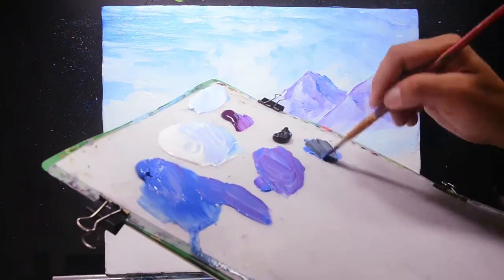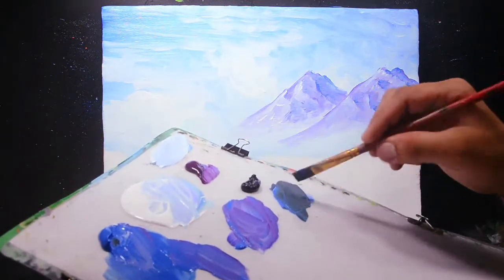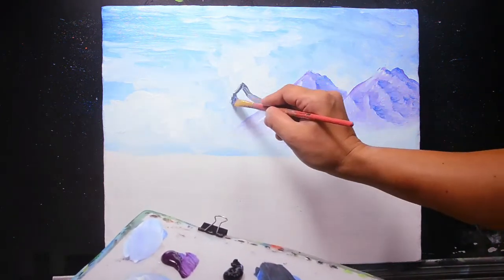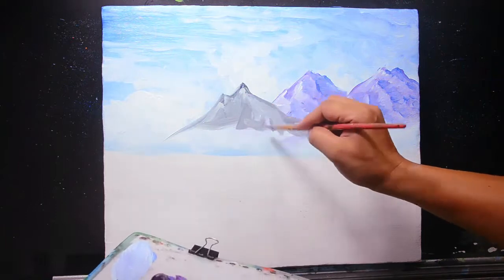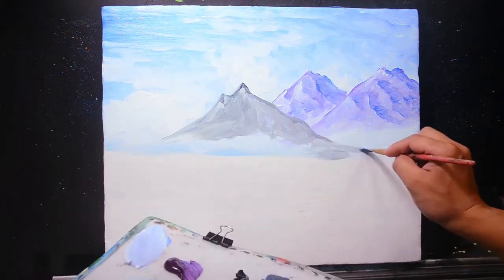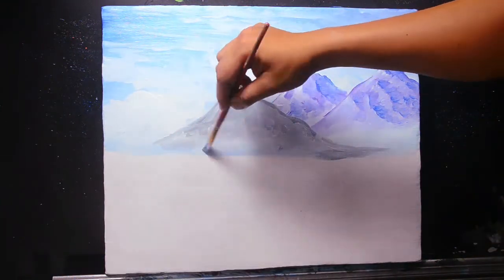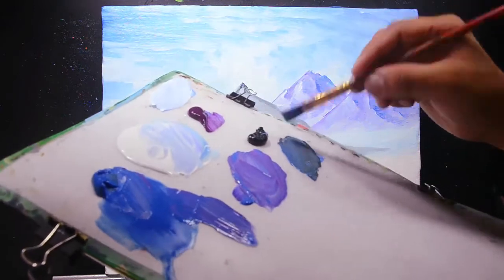And now I'm going to mix again the cobalt blue and the Mars black color. Cobalt blue and the Mars black. I'm going to add also the mountains here. Paint and create the mountain here, the nearer mountain. Just looking good. Then the cobalt blue and the Mars black color